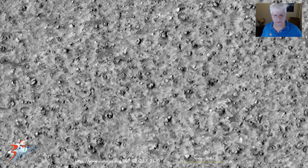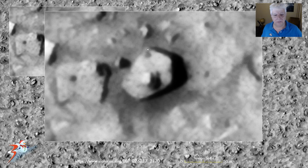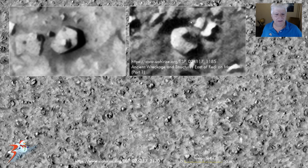Now one of these disc-shaped, hexagon-shaped objects. Now measures about 6 meters across. You can see 1, 2, 3, 4 sides to it. And then on the one side we've got this cone or pyramidal knob-like feature, and it's very similar to others. This is just another example from Ancient Wreckage and Structures East of Ready on Mars, Part 1. Also have this hexagon shaped object with the same sort of knob or feature, very similar in size. There's even what looks like wreckage next to this one,